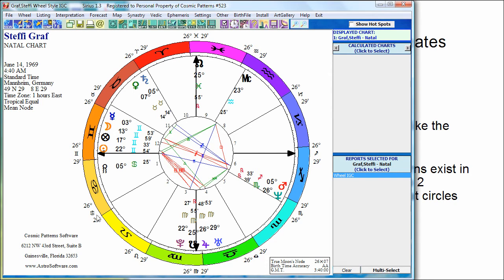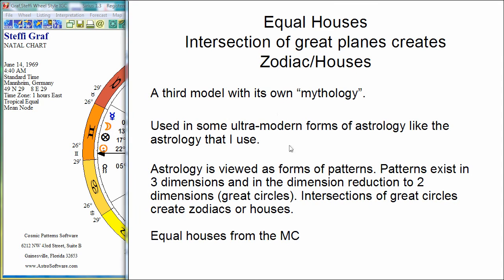This at first may seem like a simple, stupid idea, like I'm just going to take equal houses around. It's no longer related to the quadrants. It's no longer related to whole sign houses. What's the deal there? Well, maybe people just thought of it for any old reason, but there's some interesting realization that you can have, which is that these equal houses imply that the intersection of great planes or great circles